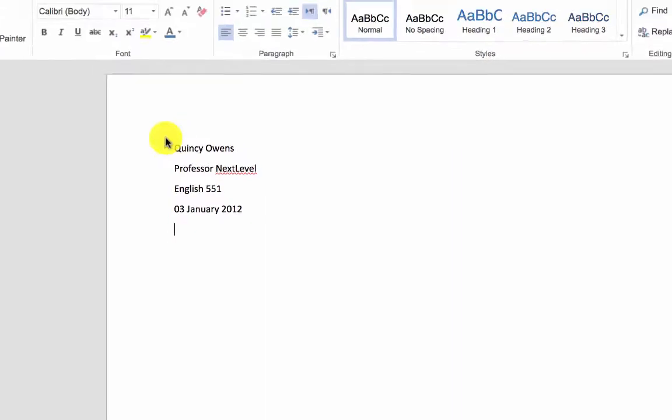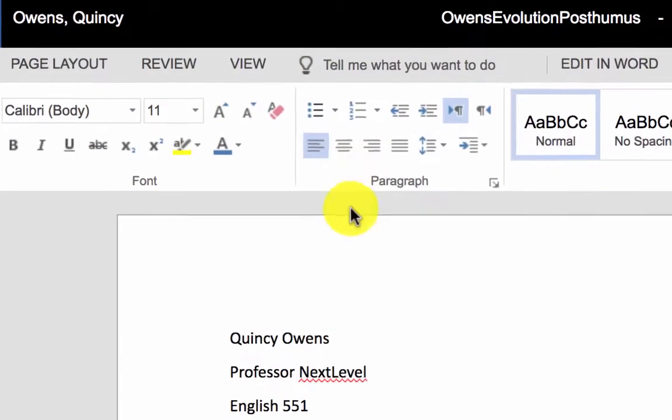Now, once you close your header, you're going to continue editing your paper with your heading first, which will be on the leftmost margin. You will type your name, your professor's name, the course, and you will type the date. It always will start the day, then the month spelled out, and the year. After which you can center your text